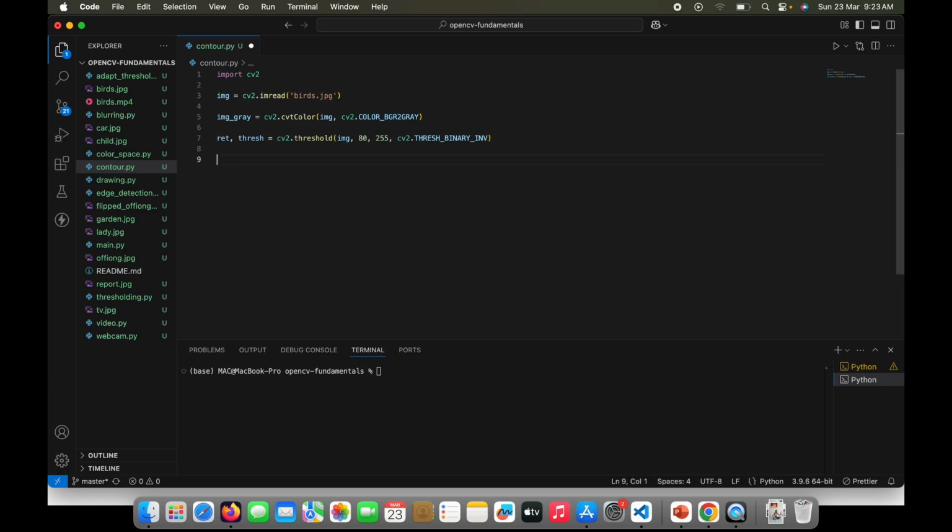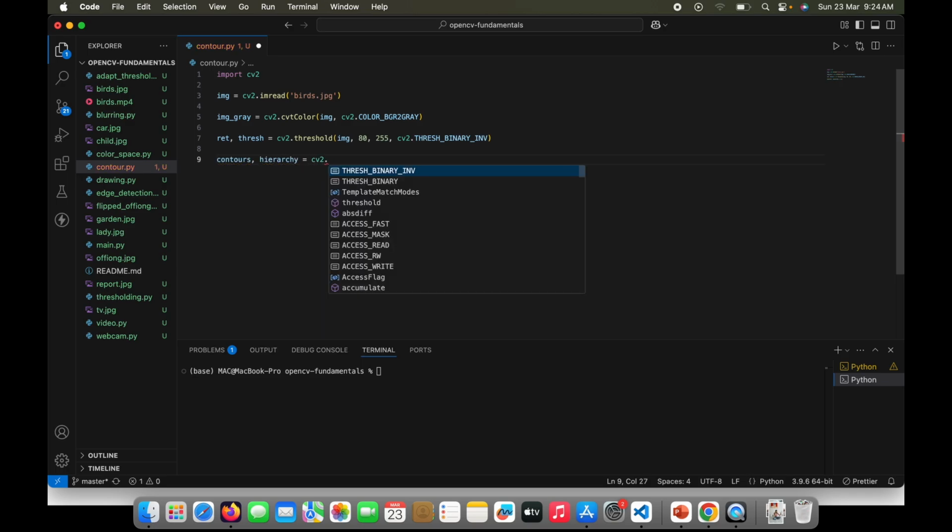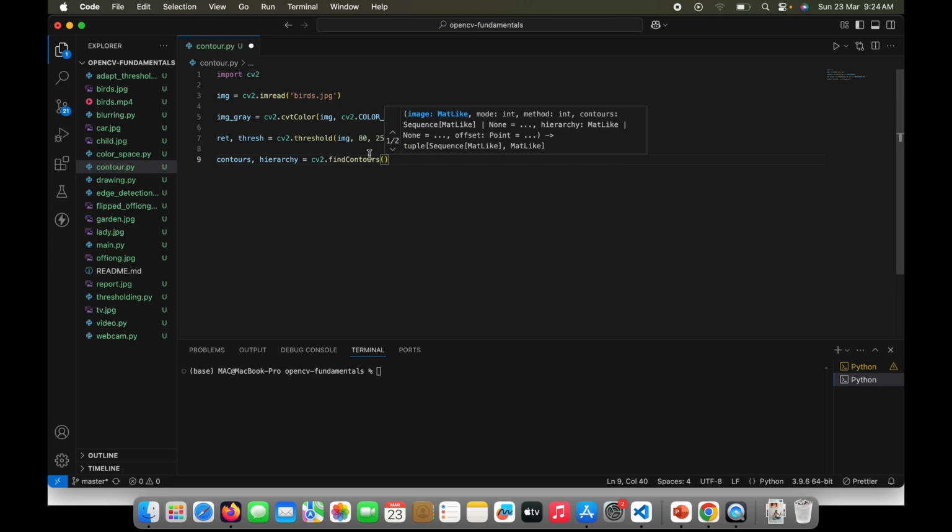And the next thing we need to do is get our contours. To get our contours, we'll get contours and hierarchy, and this is how we're going to do that. We'll say that our contours and hierarchy are equal to cv2.findContours. If we're finding contours, we need to provide values for different parameters. What we're going to pass first is thresh. It actually takes the thresh image, the black and white image, and not just an ordinary image. So the thresh image, and the next thing we need to do is